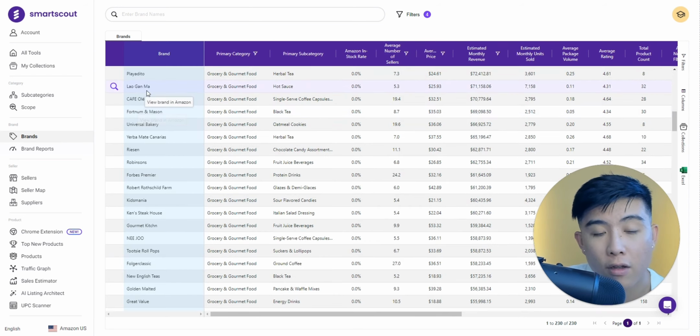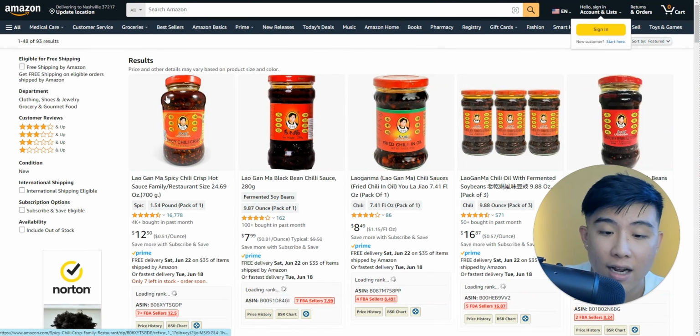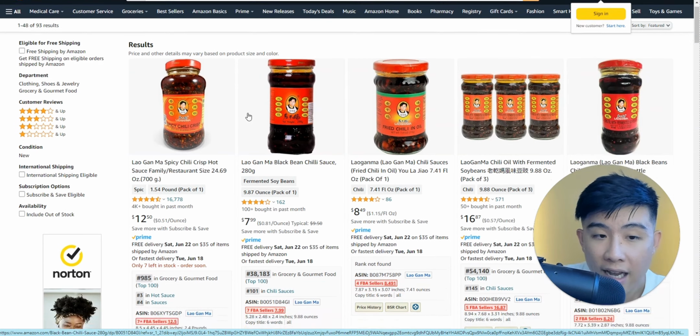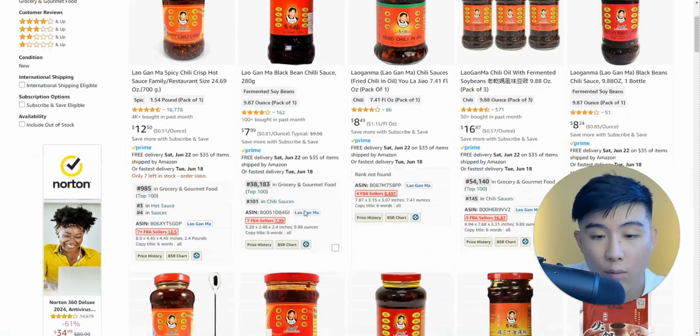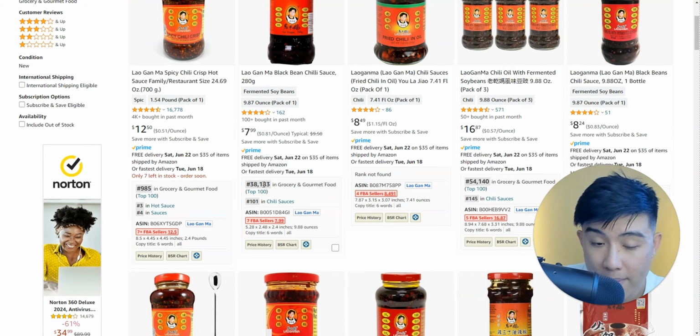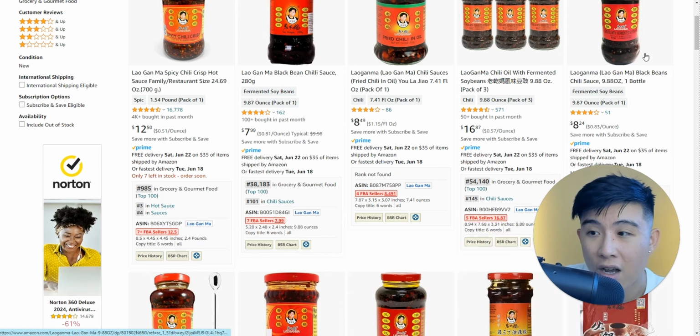If you hover over the brand title and you click it, it directs you over to the Amazon link. And I also use a second tool. This tool is free. It's called DS Amazon Quick View. And it provides a pop-up here on the screen. It really speeds up the product research, the timing of everything, because you don't have to click into every specific listing to take a look at how fast it sells, the BSR, all of that. Because it shows the BSR, it shows the number of Amazon sellers. And just from there, you could get a good idea whether or not this product and this brand is worth